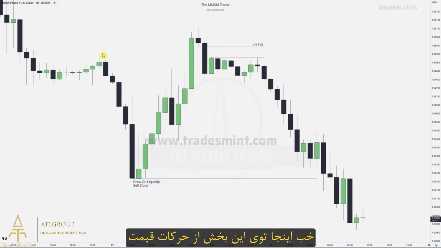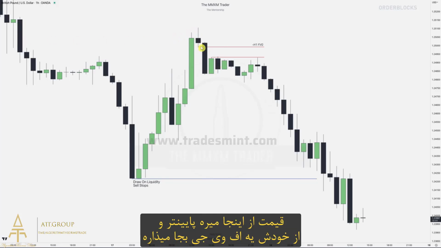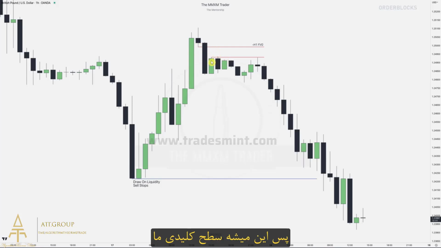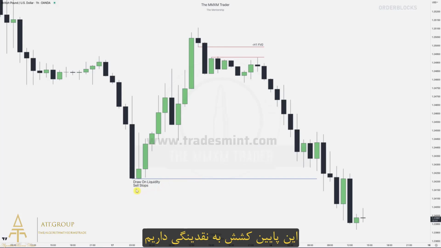So over here, if we have this whole piece of price action, we can see these buy stops have been raided up here, right, into a level up here. We're continuing lower, leaving a fair value gap behind. So this is our key level over here, right? We have this 1 hour fair value gap, and now intraday we need to frame our order blocks on the 5-minute chart. Draw on liquidity being on the sell side,